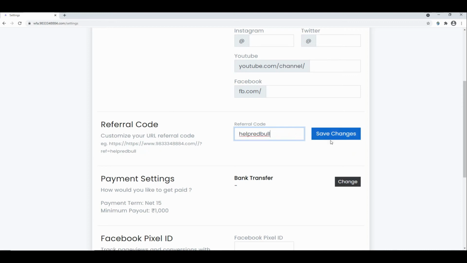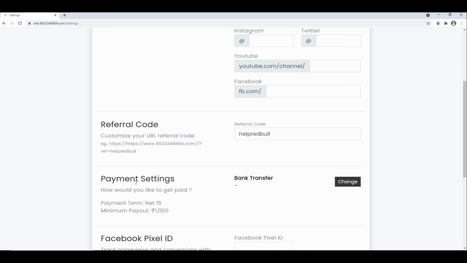So this is your unique referral code. Whichever people visit will be tracked by this URL. They'll go to our site, but it will be tracked who displayed the ad, who the people clicked through, and who, because of your ad, came to our site. This is how you will be generating business.